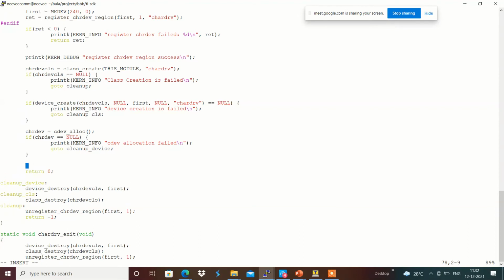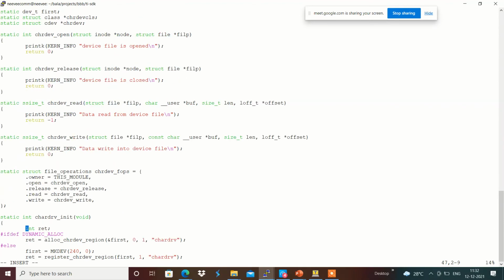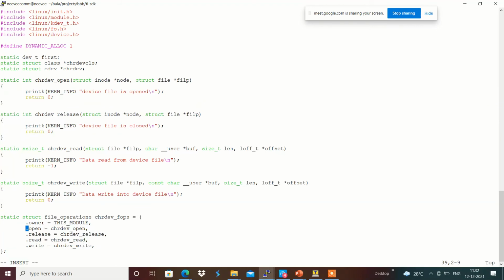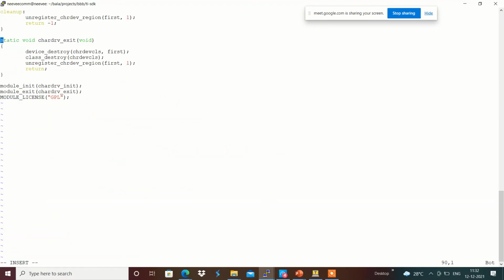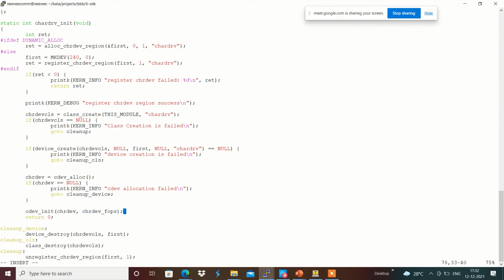For example, with cdev_init we are going to link this character dev with the file operations chrdev_fops, that file operation structure which we have defined over here. The character dev fops structure has been linked to this character driver with the help of the cdev init function.